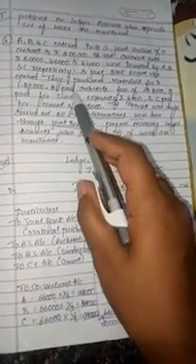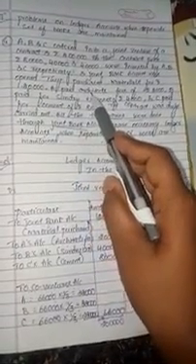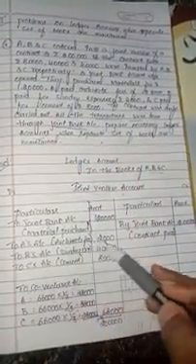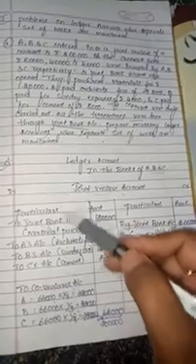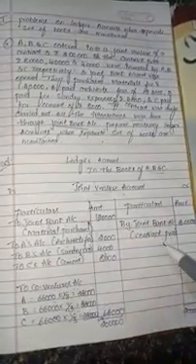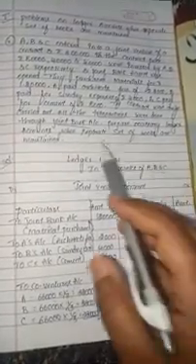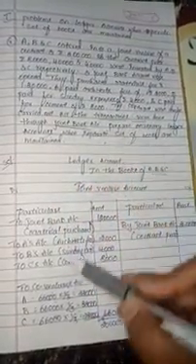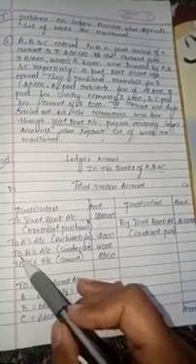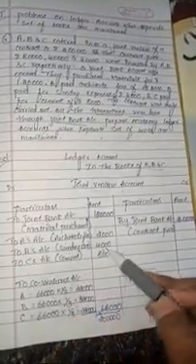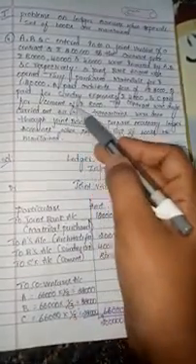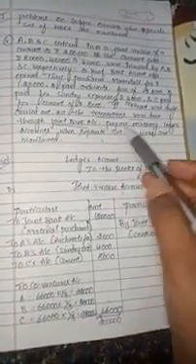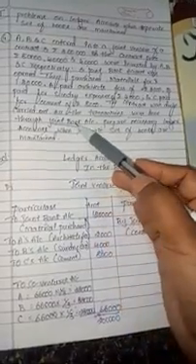And A paid architect fees, the expense paid by A is 2,000, to A's account. Expenses, as I told in the beginning, should be recorded on the debit side, income should be recorded on the credit side. And B paid sundry expenses 4,000, so debit side to B's account, sundry expenses 4,000. And C paid cement of rupees 8,000, to C's account 8,000. And all the transactions are done through the bank account only.